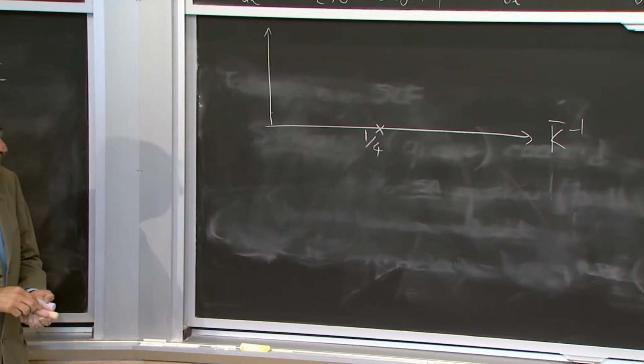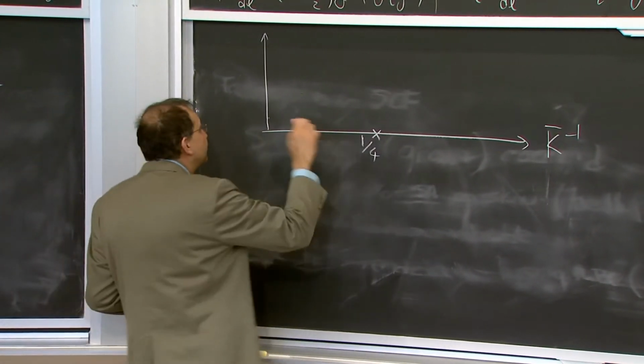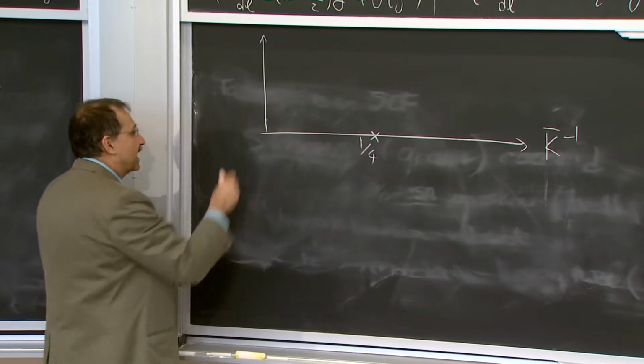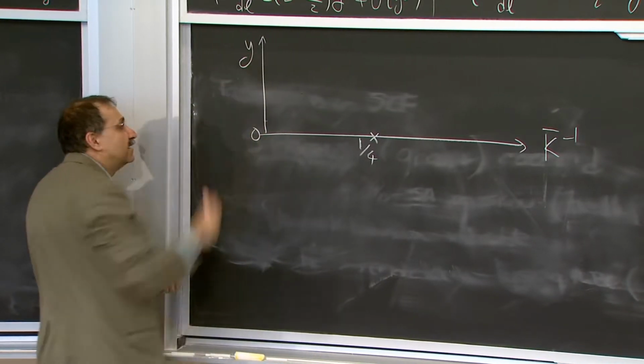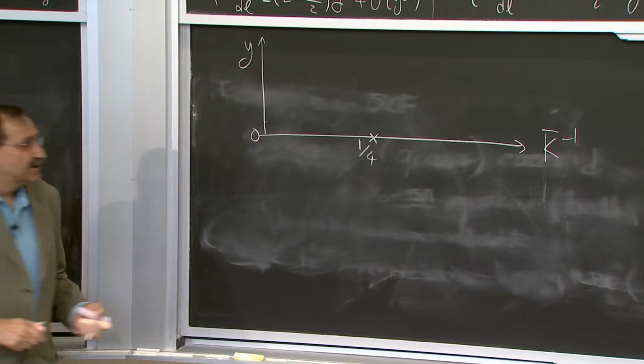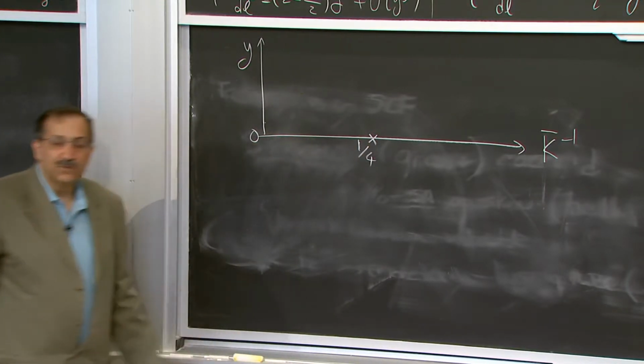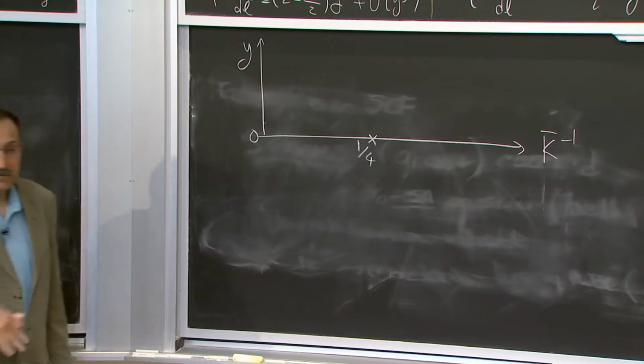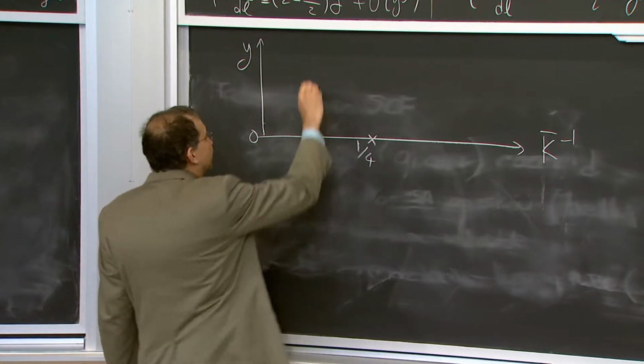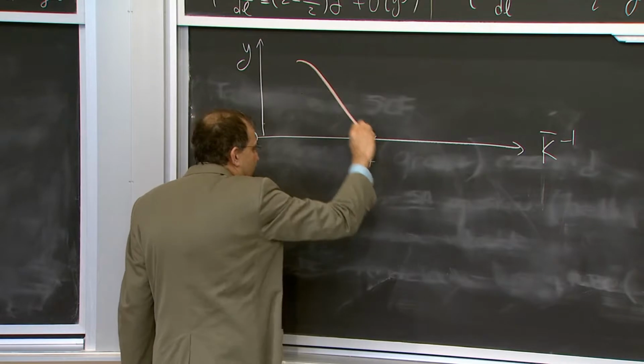And what happens is that, let's see, this other axis is y. Anything smaller than 1/4, y tends to go to 0. Anything larger, y tends to get larger. And there is going to be some kind of a separatrix